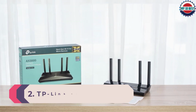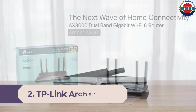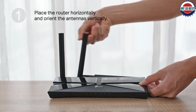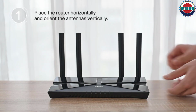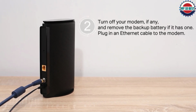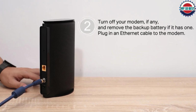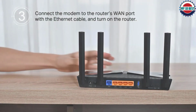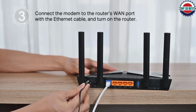Number 2. TP-Link Archer AX50 Dual-Band Gigabit Wi-Fi 6 Router. TP-Link's Archer AX50 lets you step into the latest Wi-Fi 6 technology without spending a bundle. Even if you don't have a lot of Wi-Fi 6 devices in your home yet, this router will make sure you're ready when they do come along, and in the meantime it will deliver impressive performance for all your 802.11ac Wi-Fi 5 devices. With enough range to handle a modest-sized home, the AX50 offers great value for its affordable